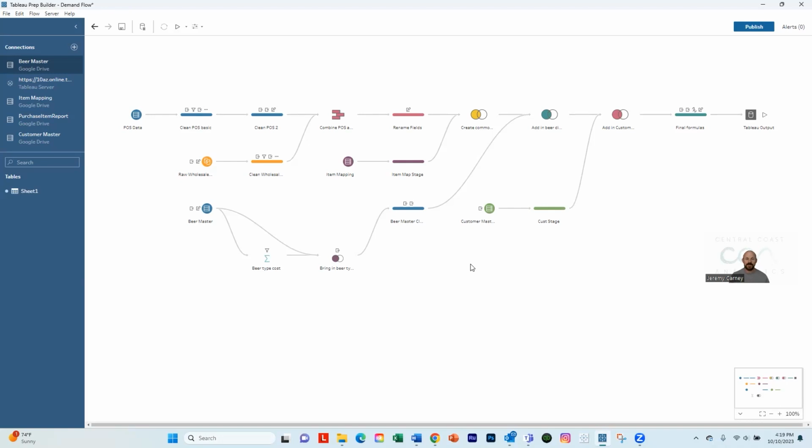Okay, so here's the screen we're going to be looking at. We're in a program called Tableau Data Prep, and I really like this tool. I'm not going to go too in depth with it right now. I'd be happy to if anybody has any questions on it, but we're going to keep this one at a pretty high level. And the main thing we're going to be showing is data really coming out of your source systems. We're going to enhance it, and I'll walk through that a little bit more. And then we're going to prepare the final data source that we then hook up to in Tableau